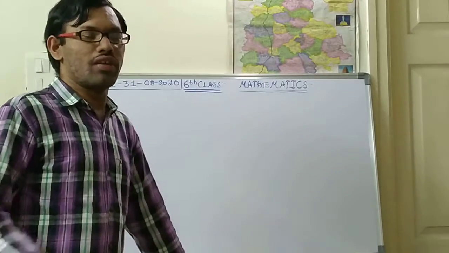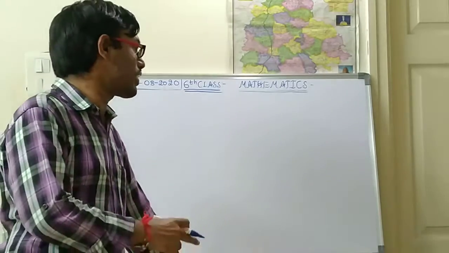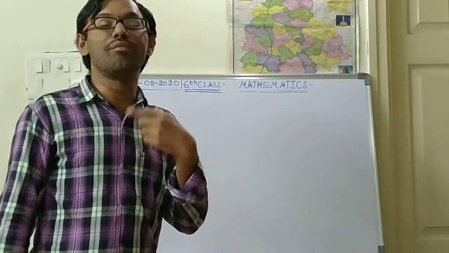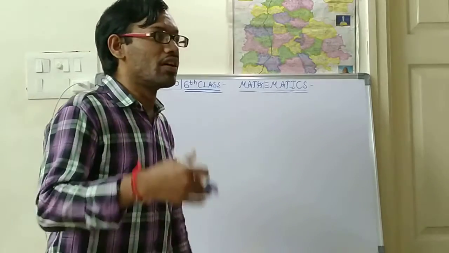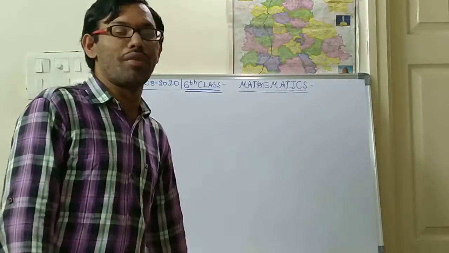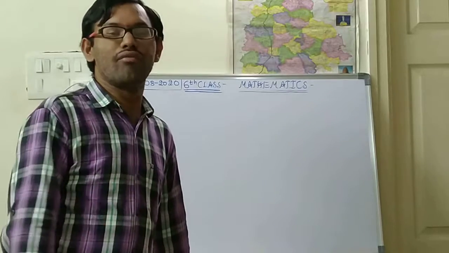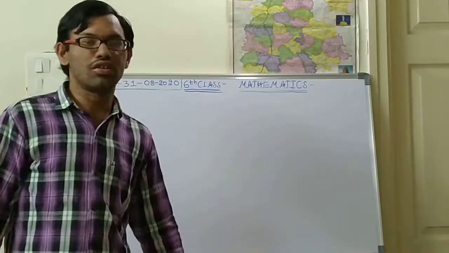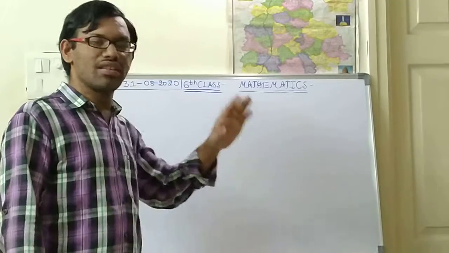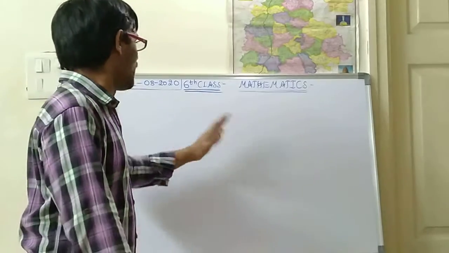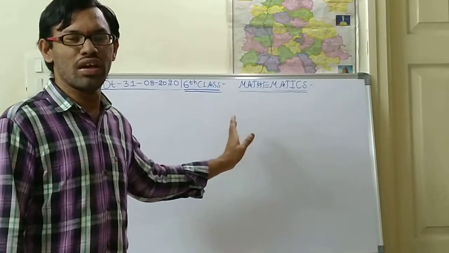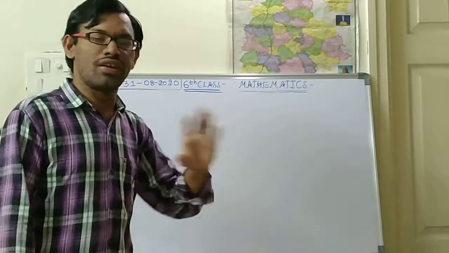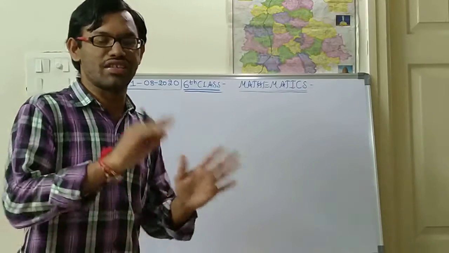Is it right, children? This type of problems will be used in mental ability also. Suppose for Olympiad exams, you might have heard somewhere in your community or in your society. In the Olympiad exam, they will be asking this type of questions only. See the pattern and write the following answer. They will give some type of relations with that.